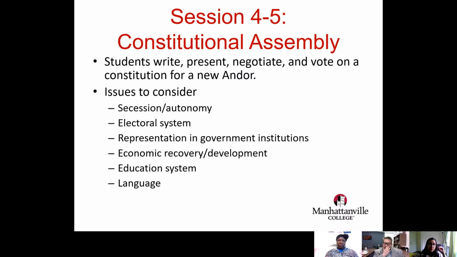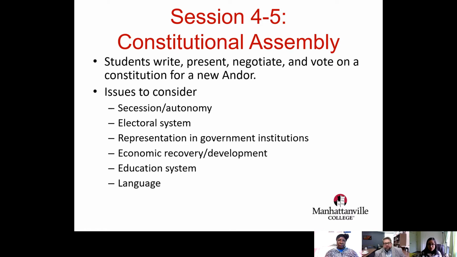So the biggest thing that takes up the most time is secession and autonomy. So each group writes its own constitution. I give them the different points they want to think about. And this is where it's portable, right? Because depending on what class you teach, you can have them think about things as little or as much as possible. In Intro to Global Studies, we have done things very simply. In conflict resolution, in my armed conflict class, we're actually reading about secession. We're reading about conflict management, right? So we're talking about federalist states, we're talking about different forms of federalism. So we go much more in depth.